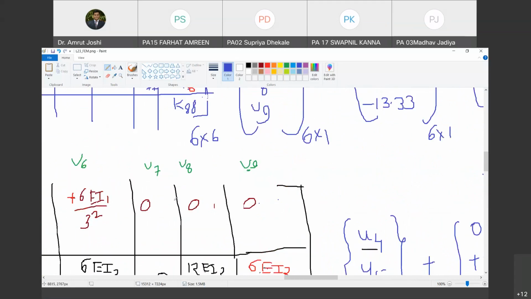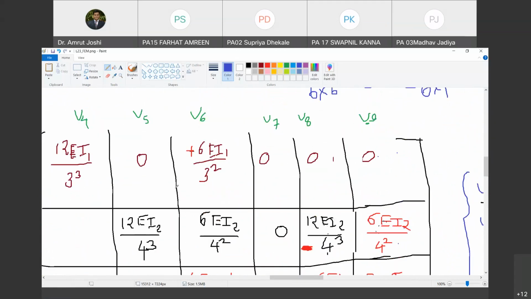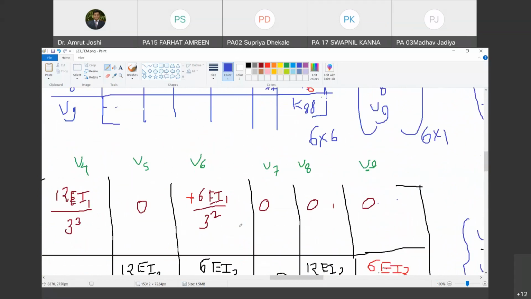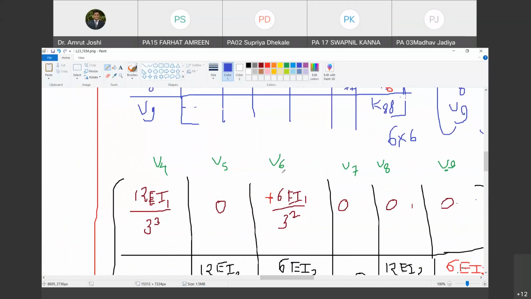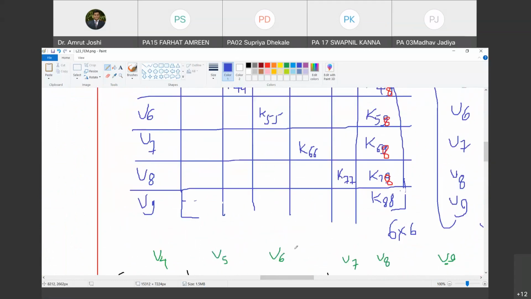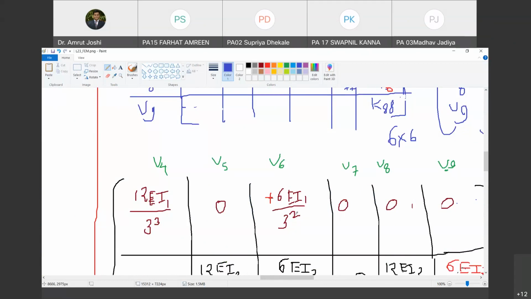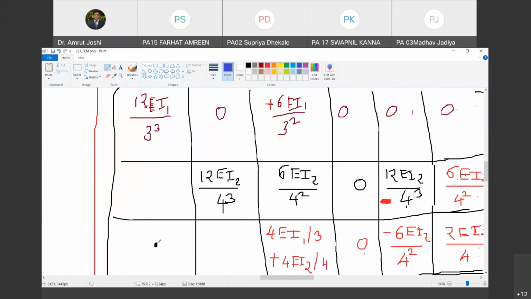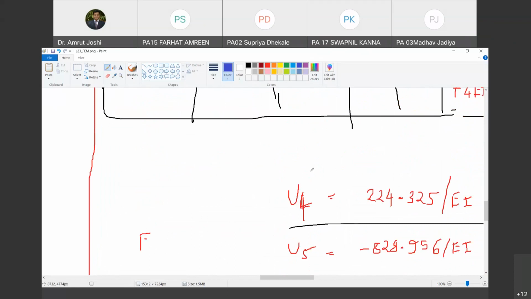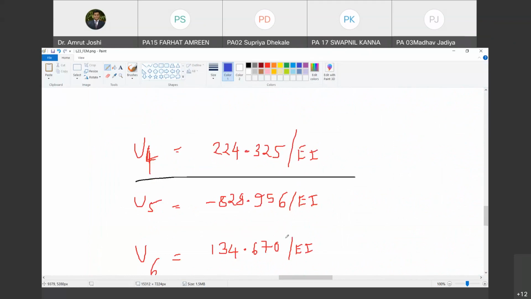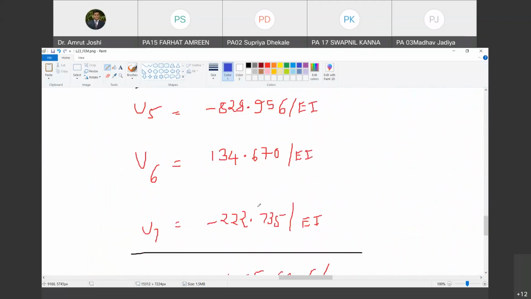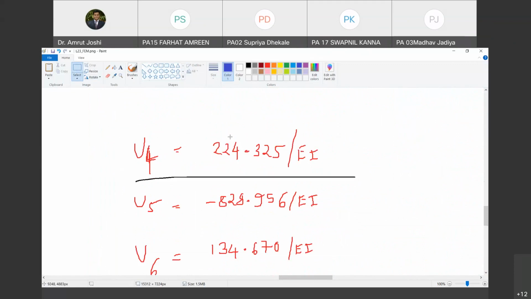Then in this 6 by 6 matrix, do that correction wherever the negative sign was there. We made this correction, right? Which sign is not negative? Third row and third column, and first row. Third row and first column also will not be negative. With this, find the new values of u4, u5, u6. You will see they match the earlier ones because the matrices are the same. They ought to match.